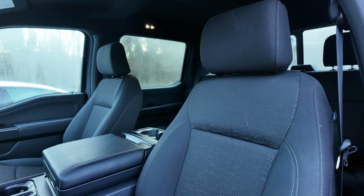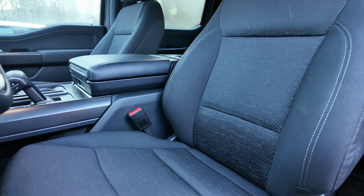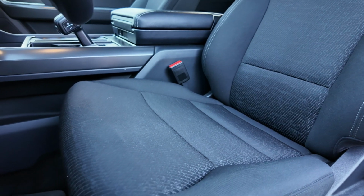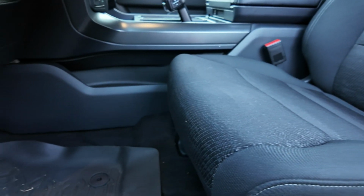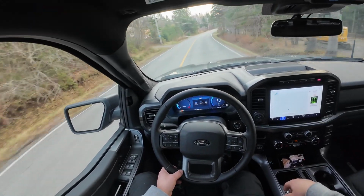Overall, in the seats, I am quite comfortable. Like you've seen here, I've driven over 1,000 kilometers with this. I've driven over 22 hours of drive time, which, man, I spent a lot of time inside these cars when